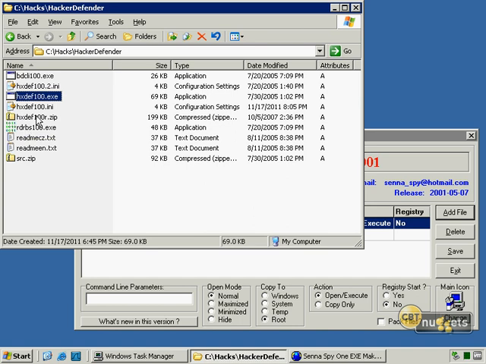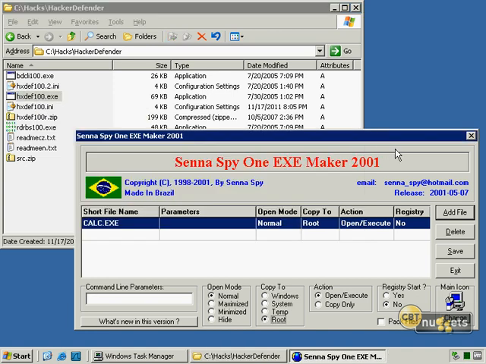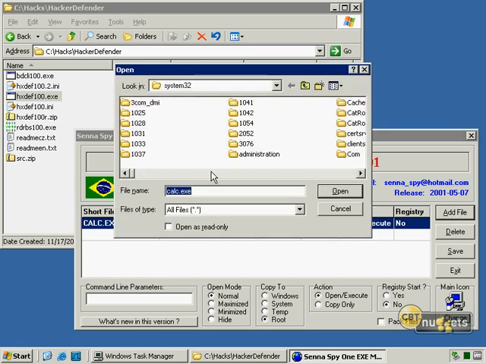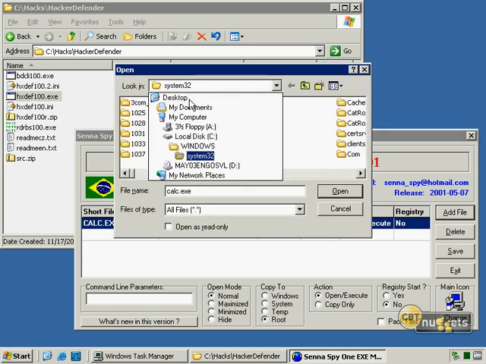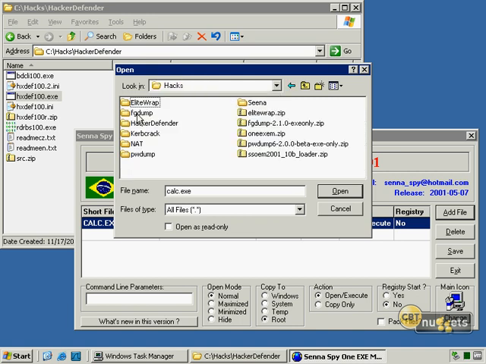Now, obviously, Hacker Defender is not running right now because I can see all the hxd files. Remember, the INI file specifies to hide those particular items. So what I would want to do now is lump these two together. So I'd kind of inject hxdef into calc.exe. So I'm going to now look for that file, and I'll go to my hacks and Hacker Defender and